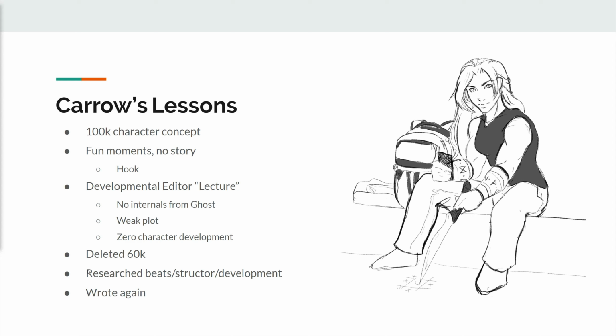But I took 60,000 words out of my manuscript, and I did about a month-long research project where I researched story beats, I looked at structure, I looked at character arcs, I really got into the nitty-gritty of what made stories what they were. I ended up reading A Hero with 1,000 Faces as well, which is why I'm really recommending it to you, because there's getting it from somebody else and then there's reading it yourself. And once I had all that information in my brain, I sat down and I started to write again.